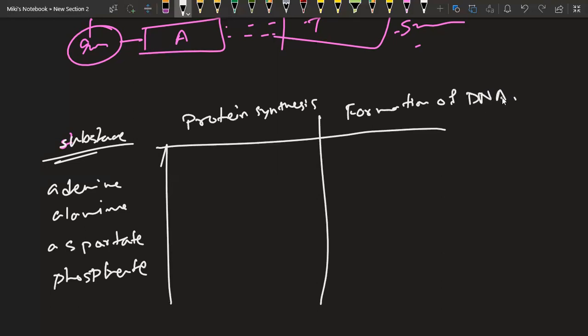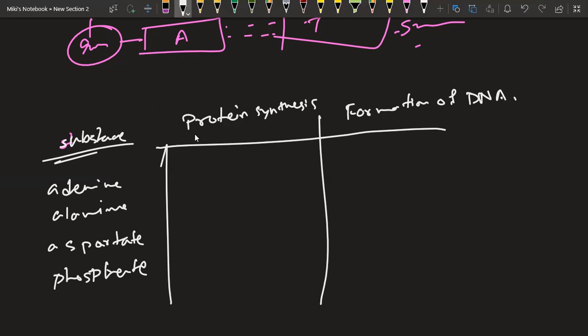That means, which one helps in the formation of DNA, and which one actually helps in protein synthesis. Protein synthesis, which one? Forming that protein molecule, or the protein